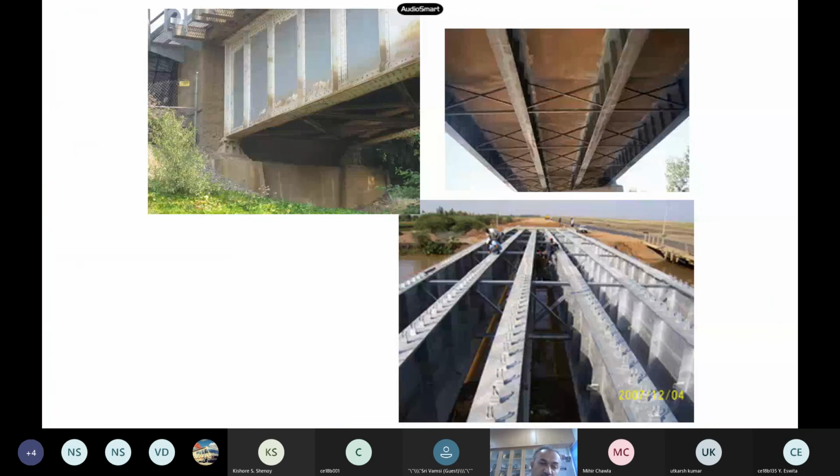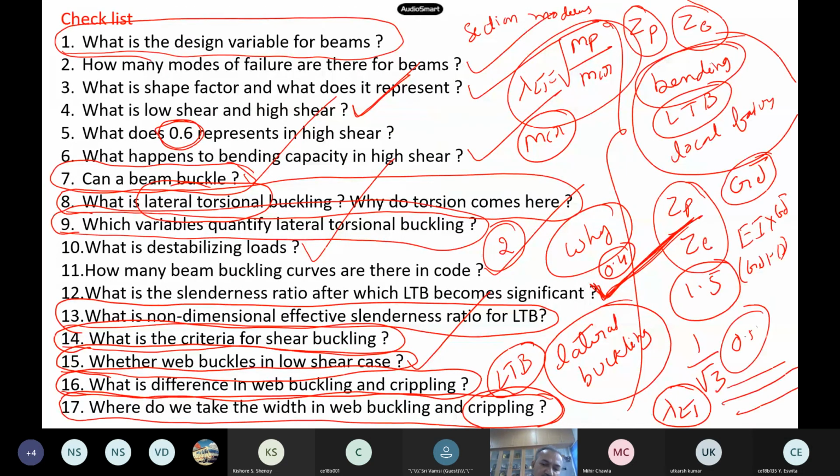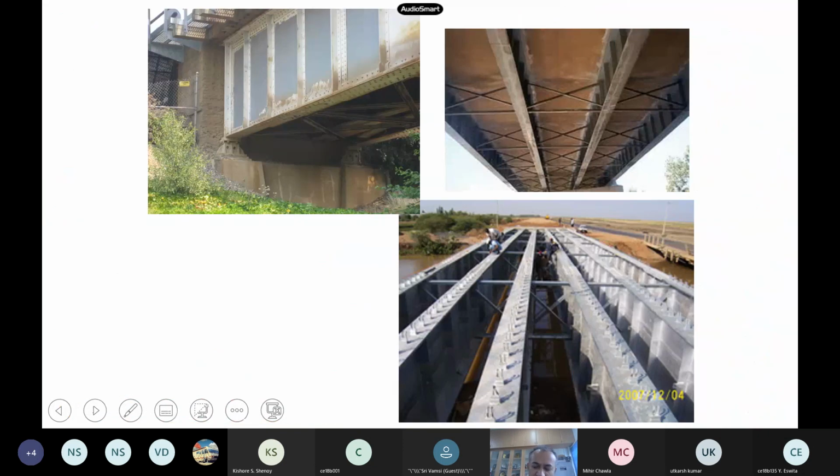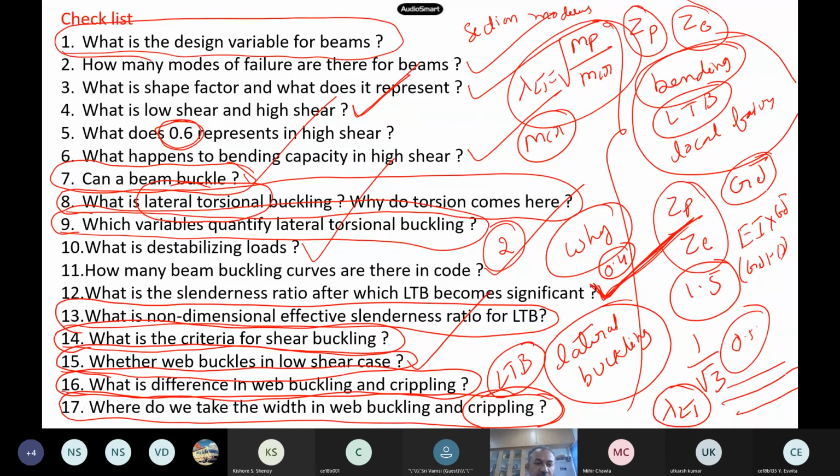Okay, so these are some of the questions. If you have understood, that means you are all doing fine. We will close this. In the next class, I think this week we may have a tutorial, then we will go to plate girders, which is an extension of beams itself and is very easy, but the design becomes very lengthy, because shear buckling becomes very important. D by T will not be 67, so we have other kinds of issues. So fine.